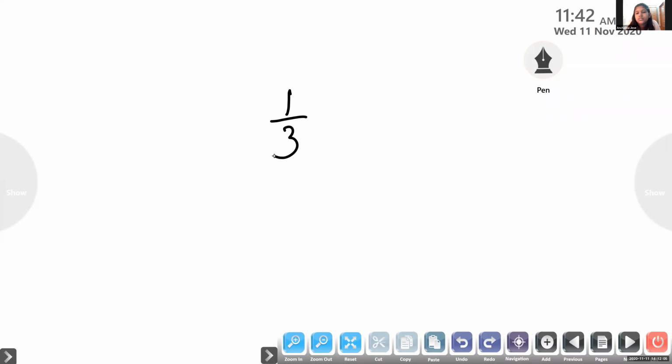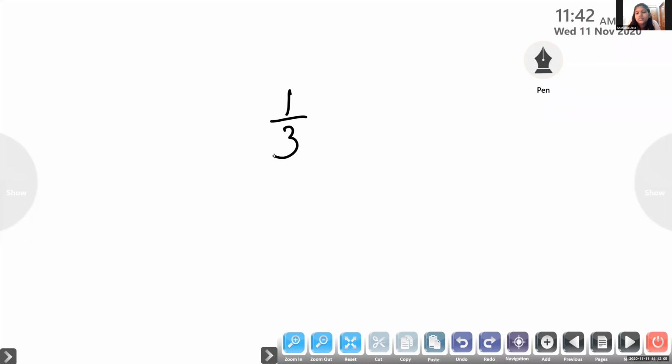How did you get 2 by 6? By multiplying by 2. How did you get 3 by 9? By multiplying by 3. Okay. Now, Agni, look at these equivalent fractions. Which fraction is in the lowest form? 1 by 3. Yes. Fraction means numerator divided by denominator. So 1 by 3 is the fraction in its lowest form.